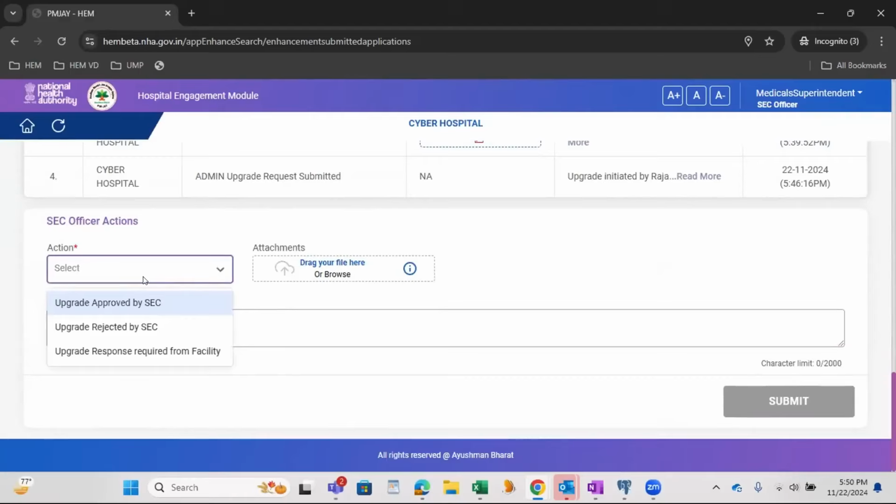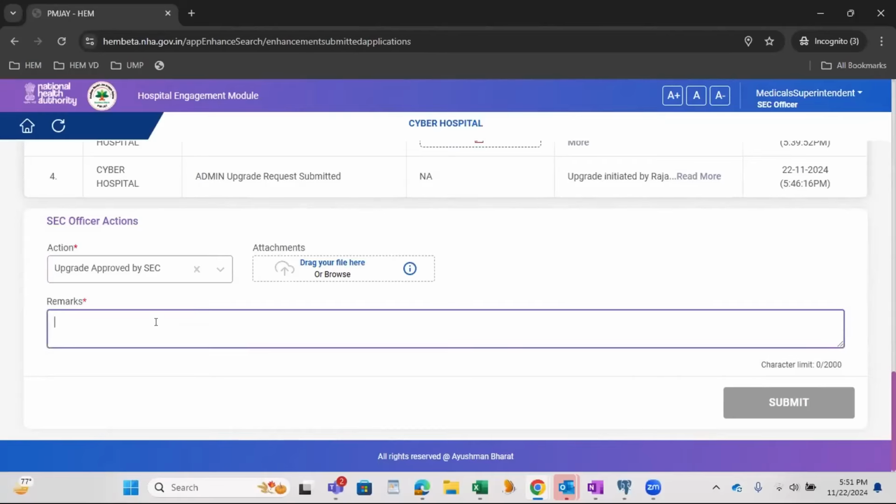Now the actions: upgrade approved by SEC, upgrade rejected by SEC, or upgrade response required from facility. In this category of action, SEC has a right to require a response from the facility. Now here I am approving this upgrade request. Upgrade approved by SEC.